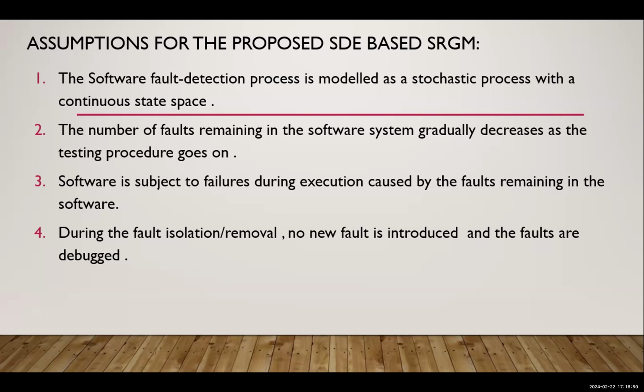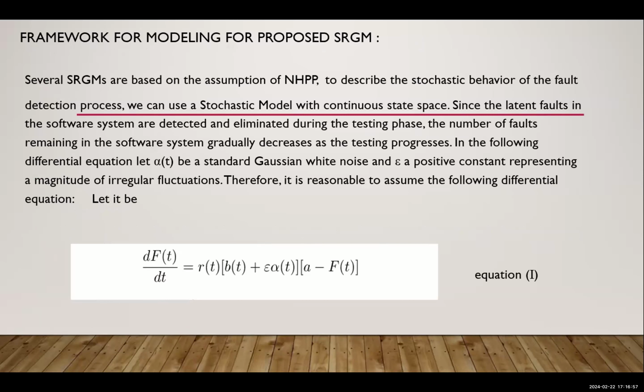And during the fault isolation or removal, no new fault is introduced and the faults are debugged. So several SRGM are based on the assumption of NHPP, non-homogeneous Poisson process, which describes the way things happen over time, where the rate of happening changes over time. To describe the stochastic behavior of the fault detection process, we use a stochastic model with a continuous state space,